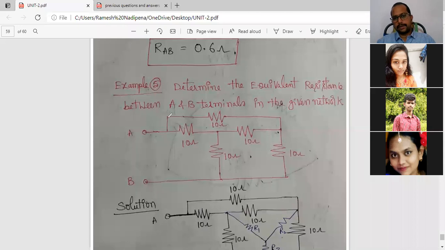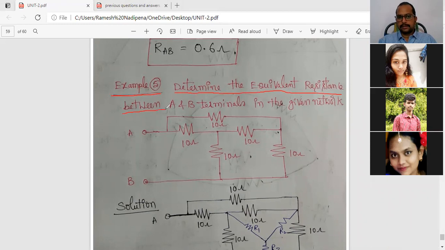Right. I'll have you write down the next question. Please write down example number 5. This is the last question of star to delta, delta to star transformation. So write down, all of you. Determine the equivalent resistance